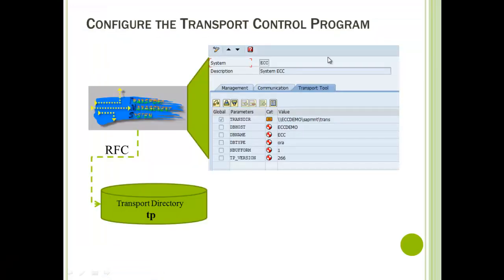Next, let's see how to configure the transport control program, that is the TP configuration. The transport control program, the TP, requires the transport profile that contains the information to establish the data connection for all SAP systems which are included in the particular transport domain, and also it requires other technical information to perform the transport process. The TMS generates and manages this transport profile in the transport domain configuration,